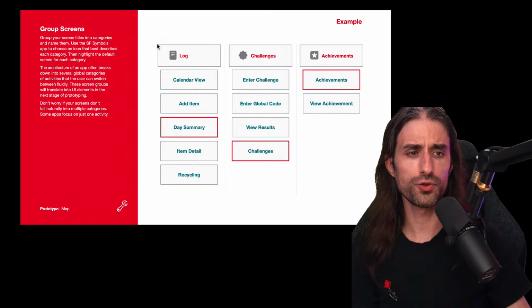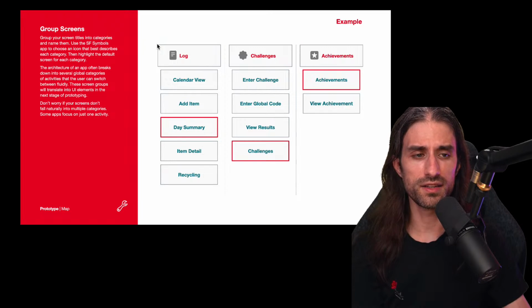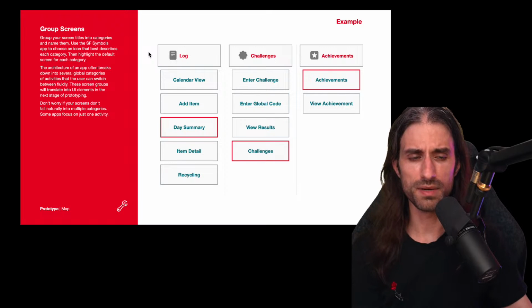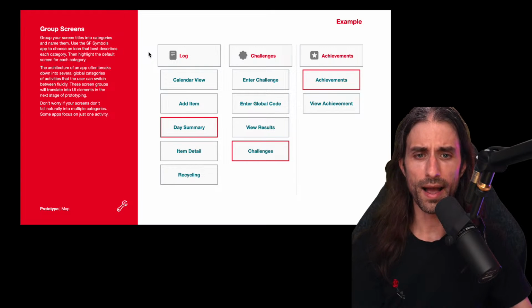Typically, you will also find categories like the user profile, which you could put somewhere else, maybe with a button in the navigation bar. So it's not always something that translates to a tab view, but you still want to have the top 2-3 features of your app accessible through a tab view.